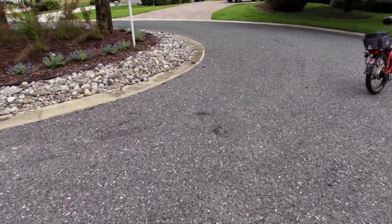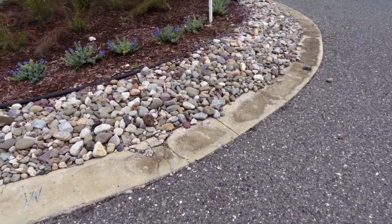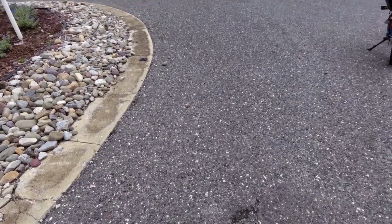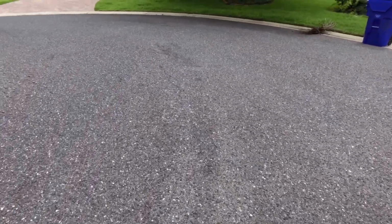This is the traffic circle at the end of Kingston. You can see here we're getting some cracking developing. Here's a spot that had been filled a little bit before that doesn't seem to be doing much. Some more cracking. And here's some alligator cracking, structural problems under that,